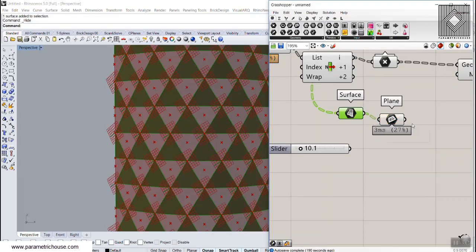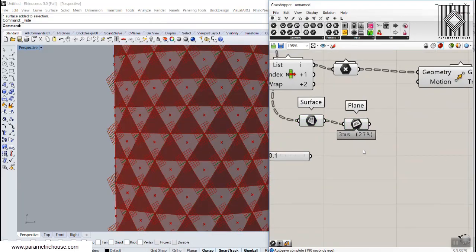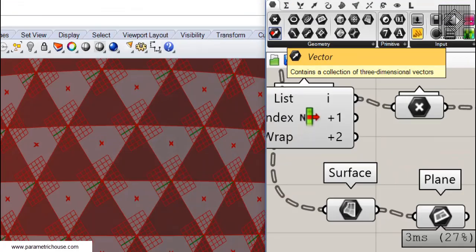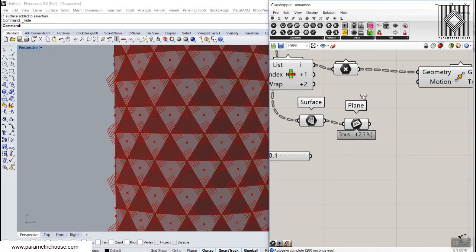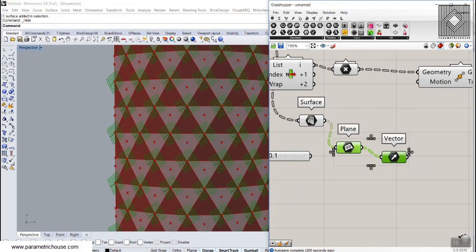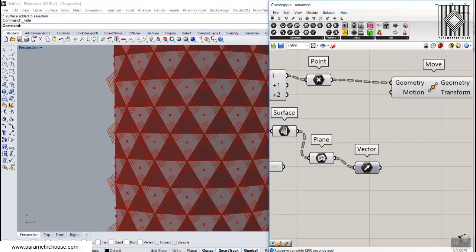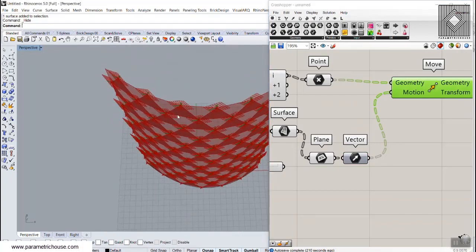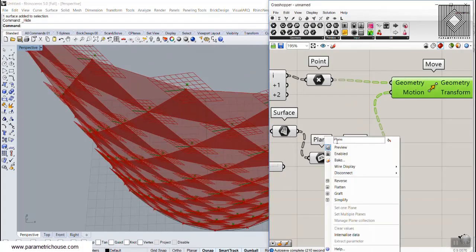It's going to extract the plane of that, but what we need is the normal, so you can simply connect the vector to this plane. So remember, if you have a triangle or a planar surface, you can simply connect a plane to that and then connect a vector, and then you have the normal direction. So if I give this to the motion, you can see that all of those points, let's turn the plane off,